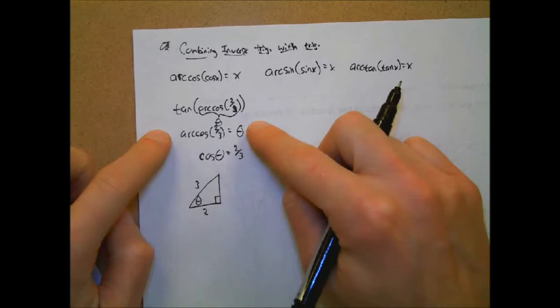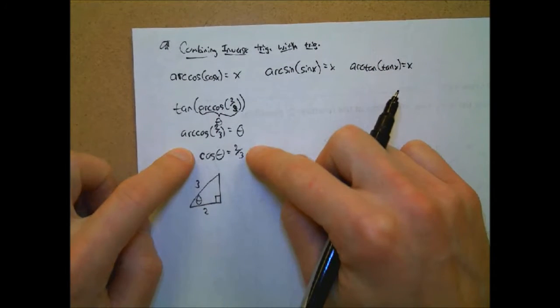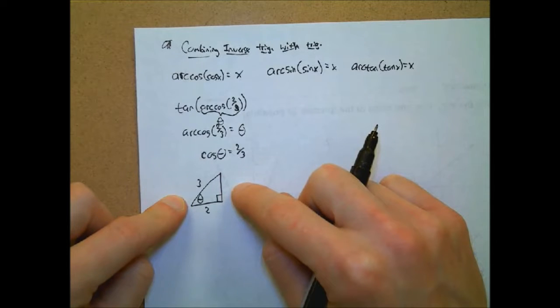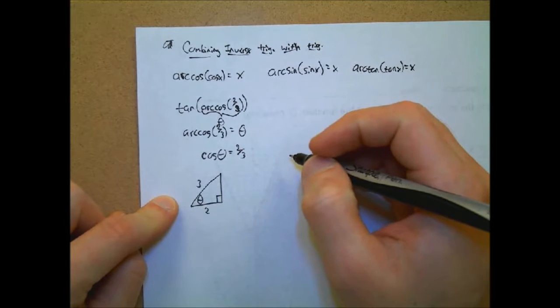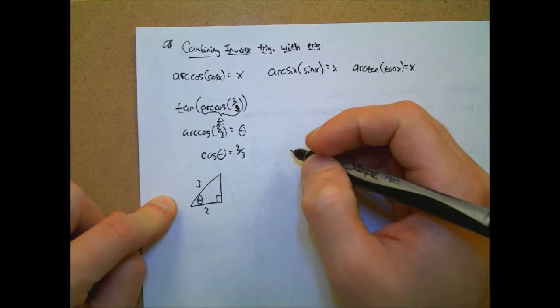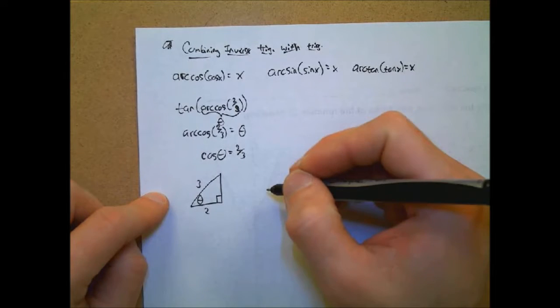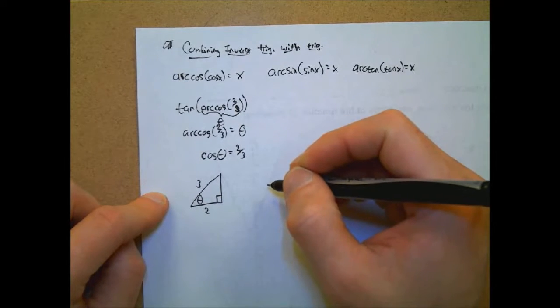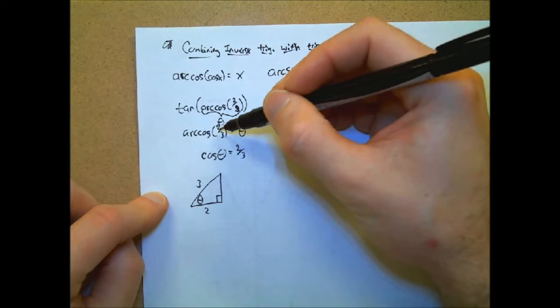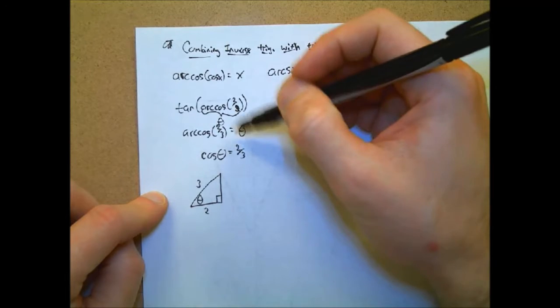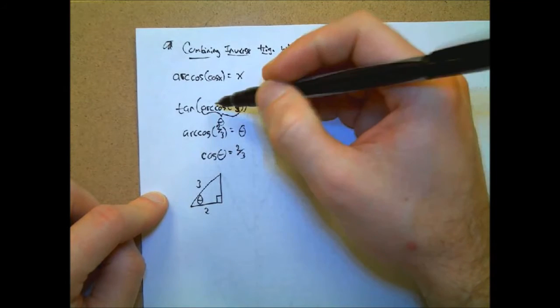Yeah. Okay? So this relates just to this, right? We have a right triangle, right? We can create a little right triangle from that information. It's all one step here, kind of thing. Now, remember that we said if arc cosine of 2/3 is theta here. So in other words, this